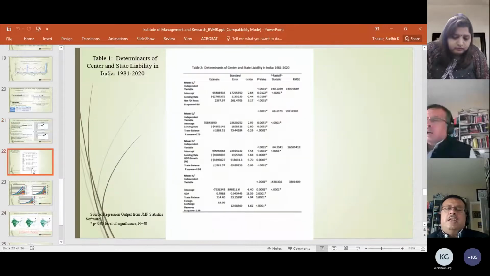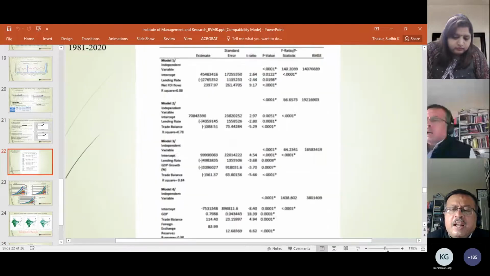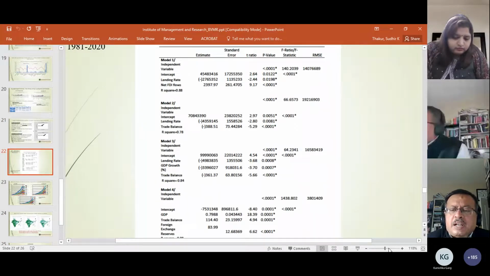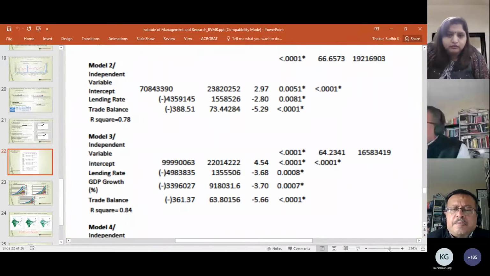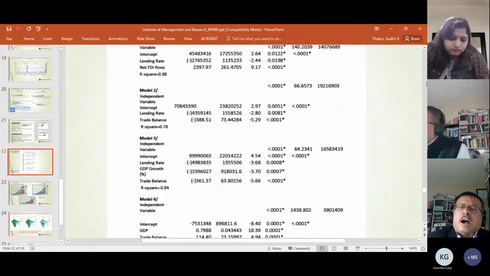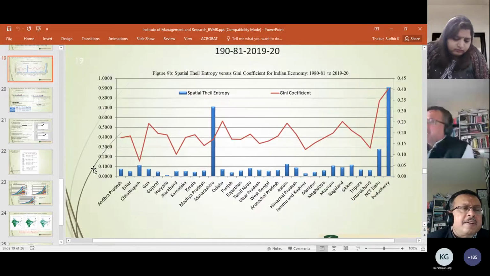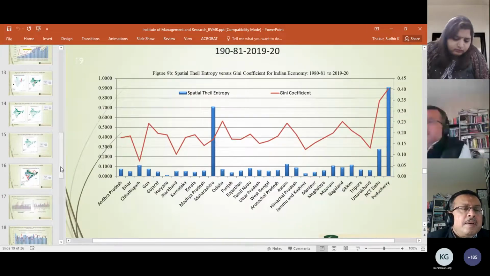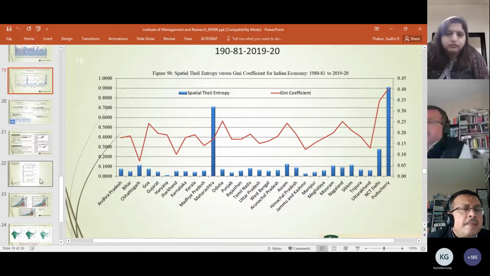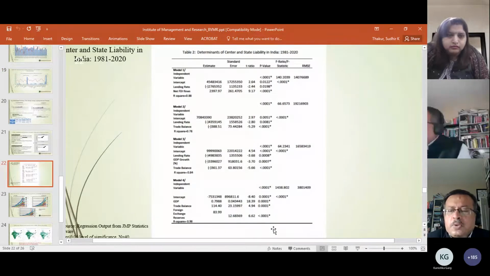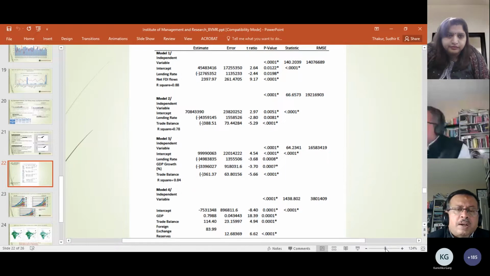Moving on to the next data set, and here I'm going to increase the size. I don't think you can see it. So let me increase the size. So I use the time series data. Okay, so I use the time series data for 1981 to 2020, and ran several models